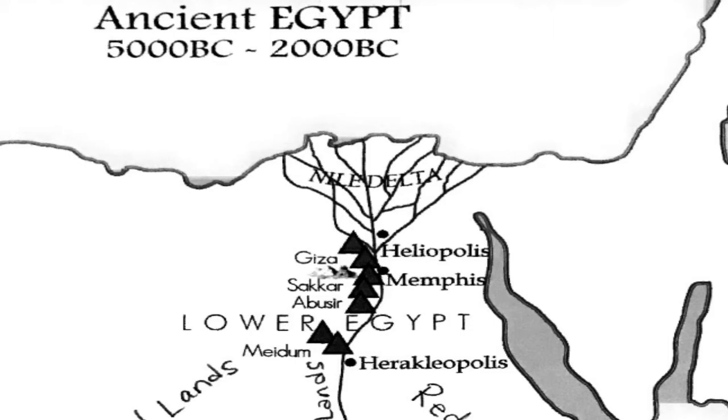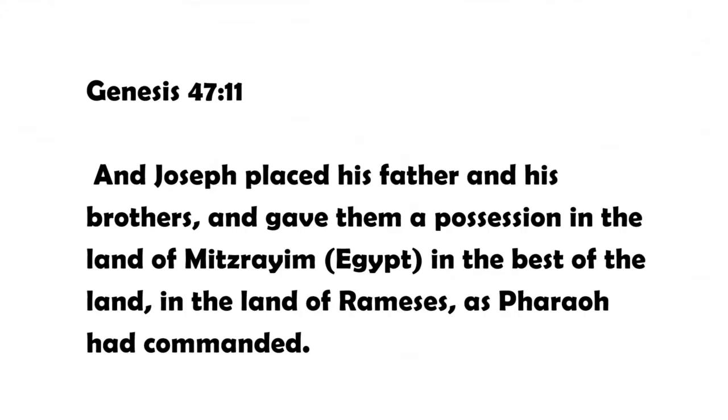Exactly. And we have in both the Hebrew record and in the Egyptian record that when these Hebrews came into the land, they were given the choice part of the land, right? And so as they looked at this map, that was another thing that I had them do. Think about all that needs to happen and all that needs to be present in order for the land to be fertile enough, moist enough, etc., to grow crops, to raise cattle, what have you. If you were looking at this map, what would be the choice part of the land? I mean, they instantly went to the water, right? That makes sense. So they instantly went there.